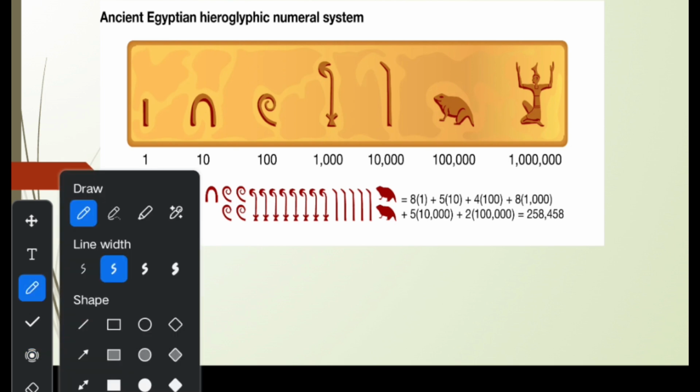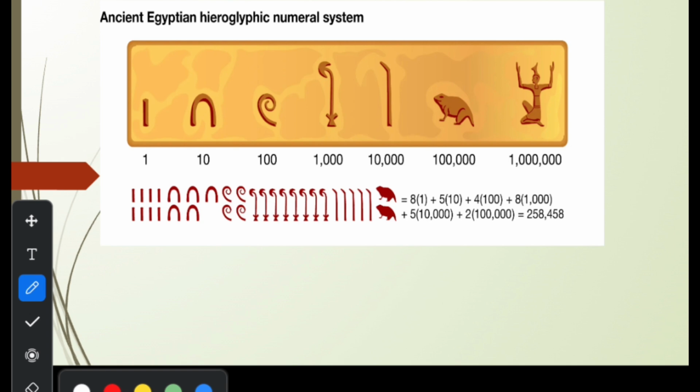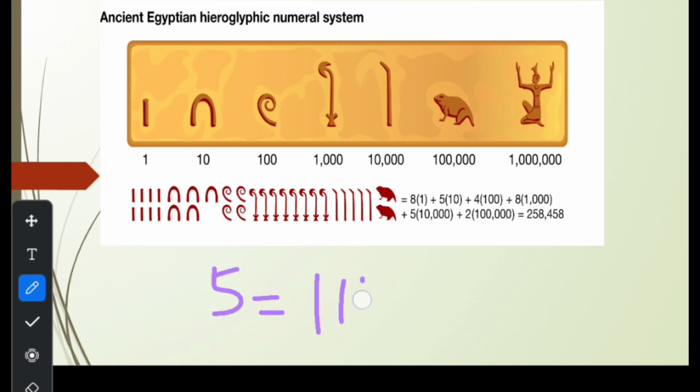For instance, if they had to write 5, they needed to put 5 straight strokes. Similarly, if they wanted to express 9, they needed to put 9 strokes,